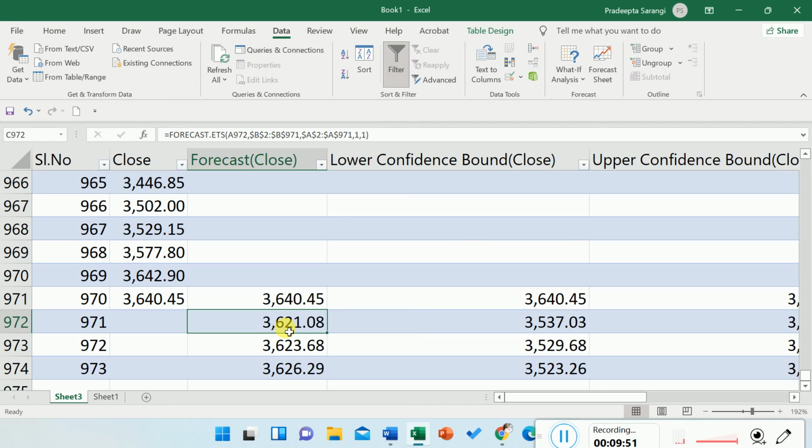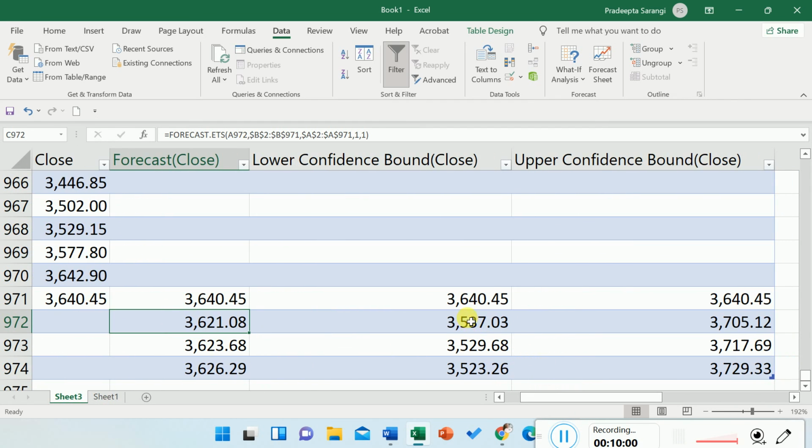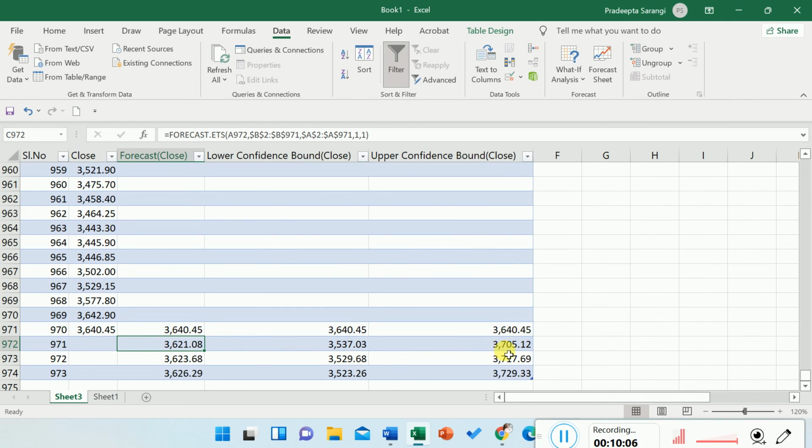So for 6th of December, the system says that the predicted forecasted value is 3621 and the lower bound is 3537.03 and the upper bound is 3705.12. That means the system predicts that for 6th December, the value will lie between these two, which is most likely this will be the value, but this will lie in these two. Similarly, for the next trading day, this is the predicted value, then these are the predicted values.